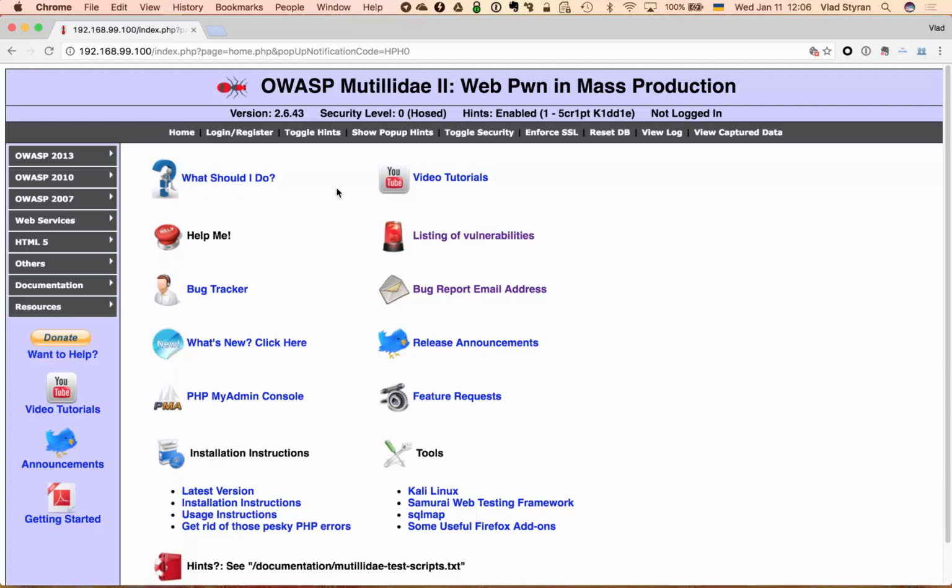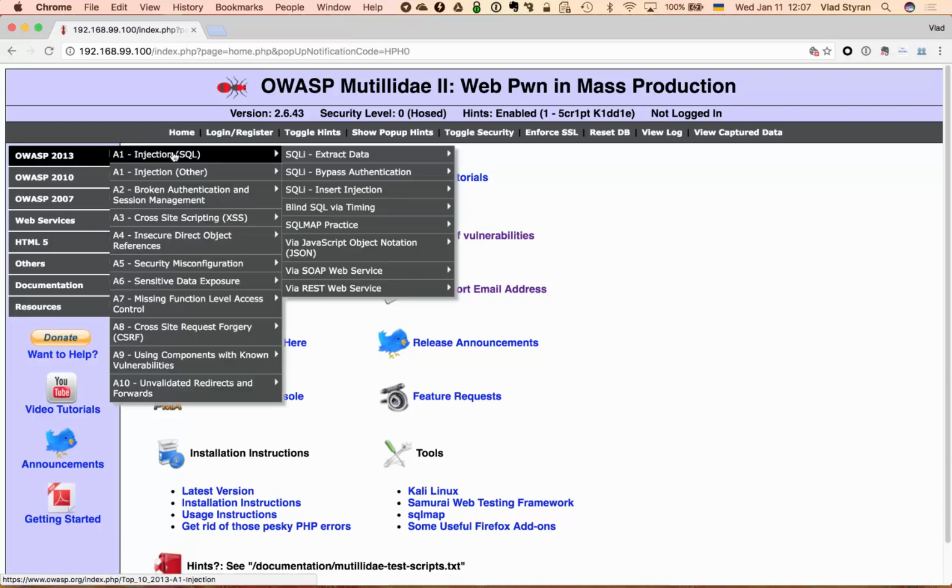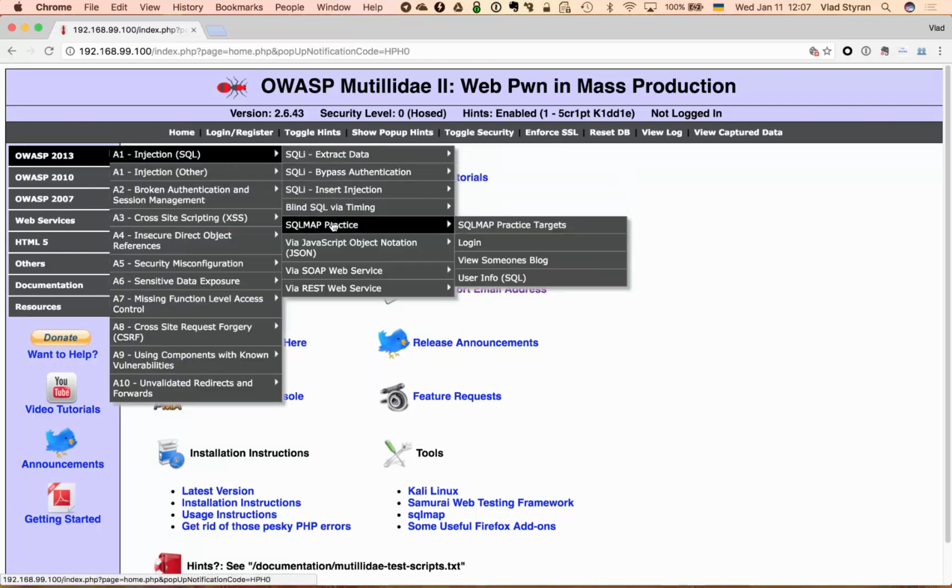SQL map always stores the session for persistence, right? So it always has some previous checks and tests written down in a hidden directory against every target, and you have to flush sessions all the time when you want to do something from scratch. But in this particular case, it will save us some time for you not to watch how it just proceeds through logging its activities. Okay, so we will use, first of all, there is a separate section, yeah, in SQL